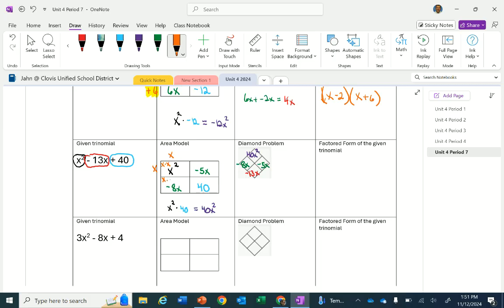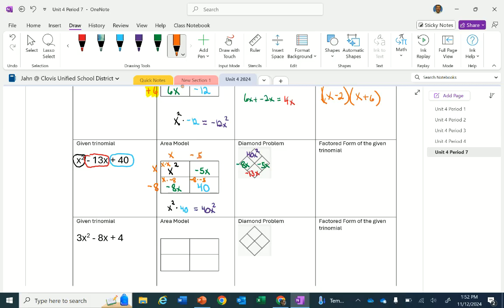You would have to multiply negative 8 with that x to give you the negative 8x, so put a negative 8 on the outside on the left of your area model. Follow that negative 8 over to the positive 40 box, and you would have to multiply negative 5 with negative 8 to give you that positive 40, so you put a negative 5 on the outside on the top of